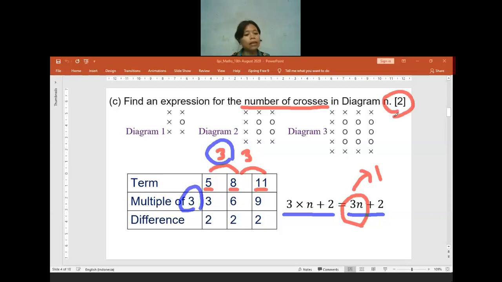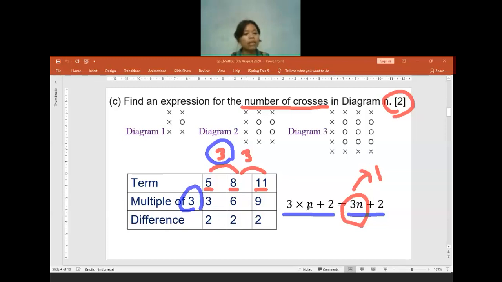Yeah, if you say that n times 3 plus 2 it's counted, 3 times n plus 2 it's also okay. 3 times n plus 2 or n times 3 plus 2, that is all okay. Or you want to write it in the simplest one, 3n plus 2, that is also okay. You will be getting 2 marks. But for example, I found the 3n, but the difference I get 5, like 3n plus 5, you will only get 1 mark. But like if you have 2n plus 3, you will have no marks. Sorry, it has to be 3n plus 2, not 2n plus 3.